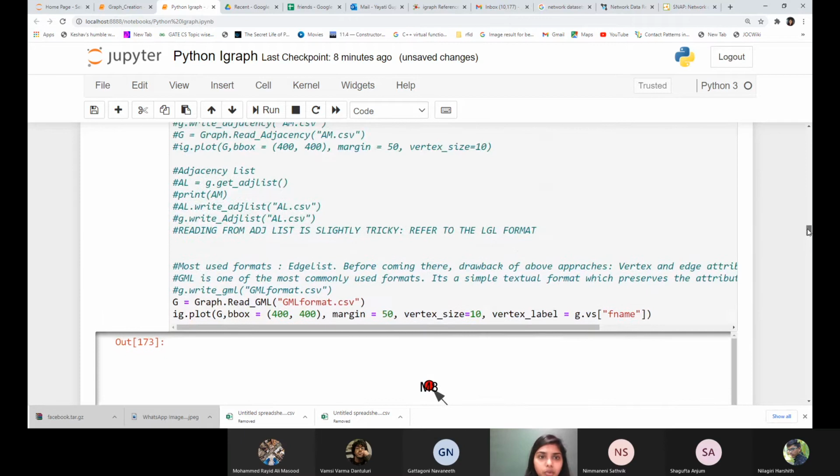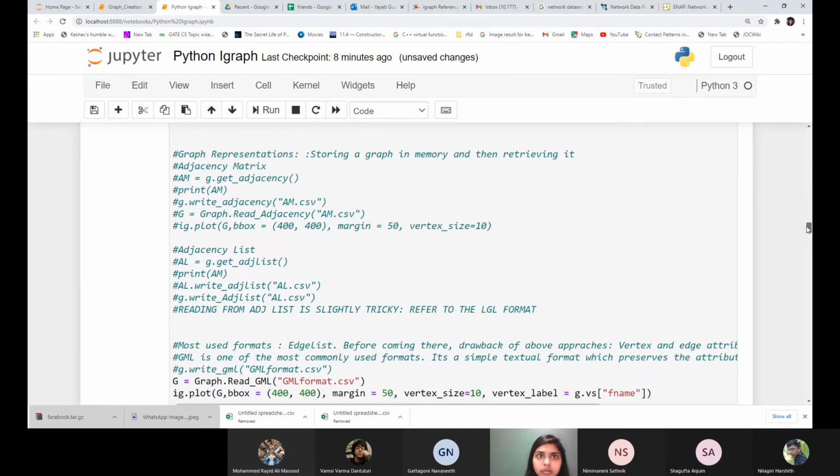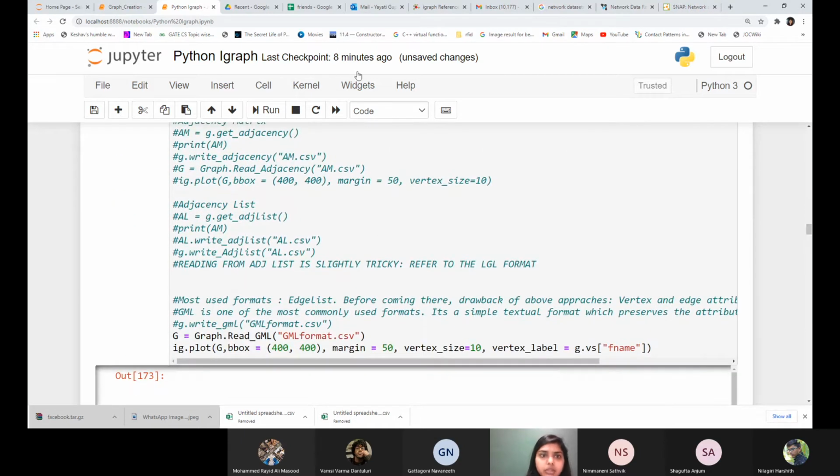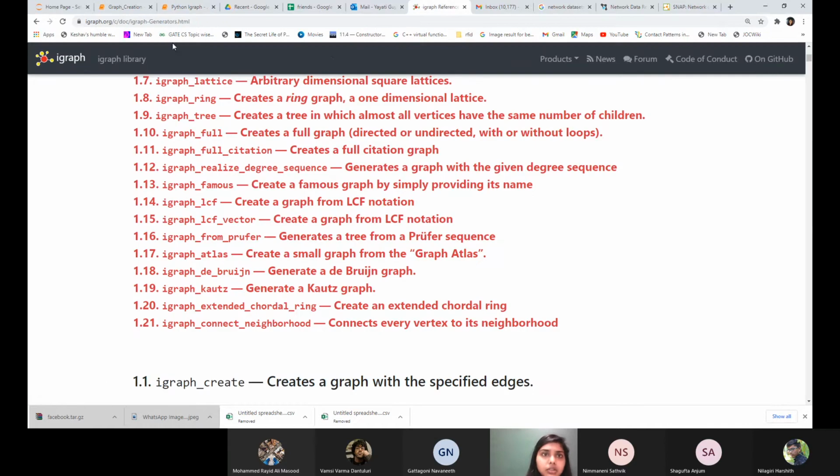There are certain more formats. Let me see if I can quickly search that and show it to you.